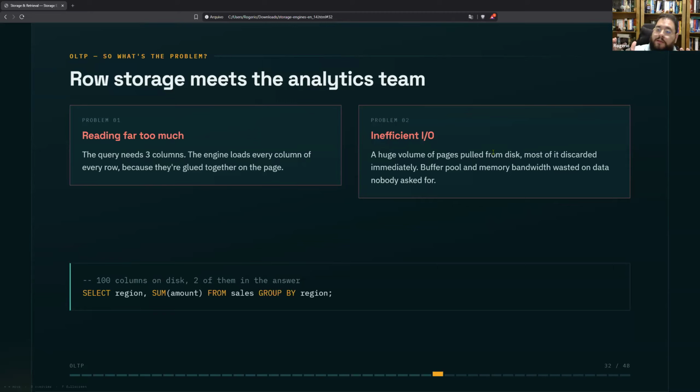And we have problems when we need to do queries that need a whole column of data. Suppose a pretty easy example: select region and use some aggregation function like sum, querying a table called sales, and you need to group by region, okay? When you need to do something like that, row-oriented databases are not the perfect fit, okay?